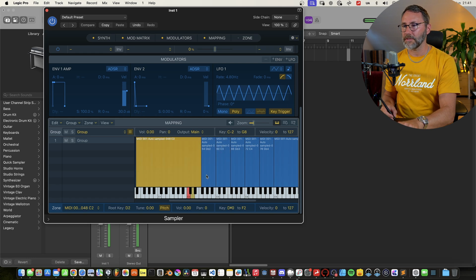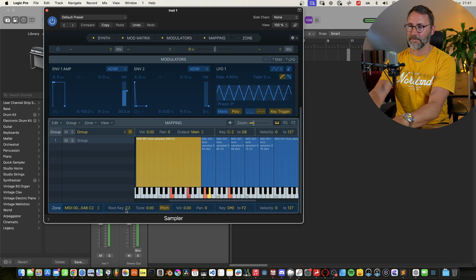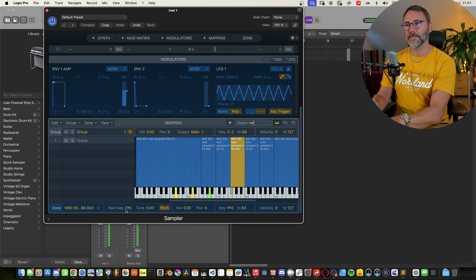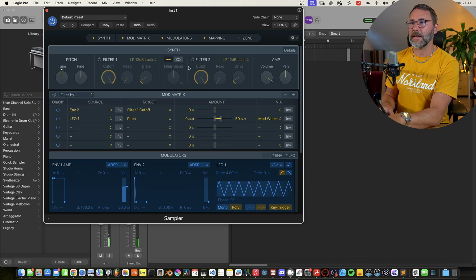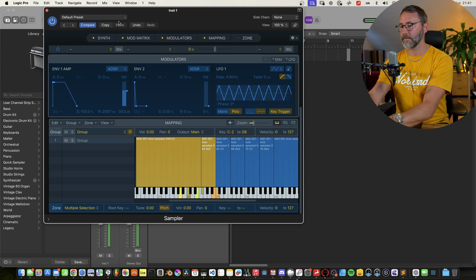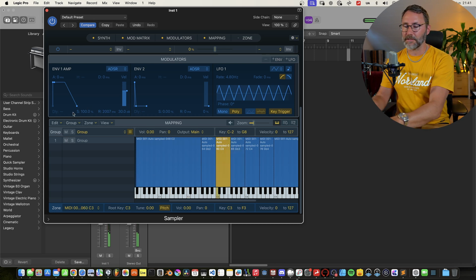So I think we have the wrong C key. It set the root to D, so we need to change this to the C. This next one to F sharp. So it's just 2 semitones wrong. And we can do the same setup here to extend the release, to suit this sound better.